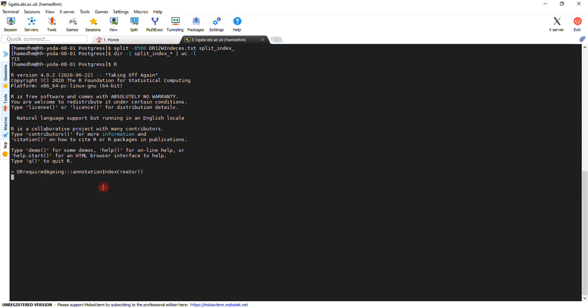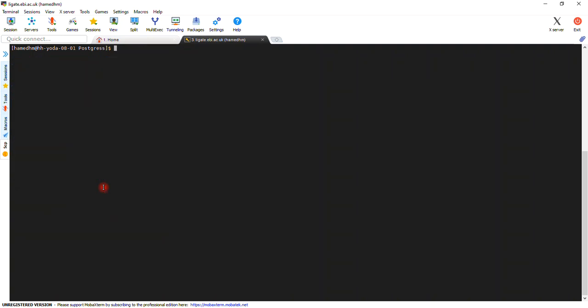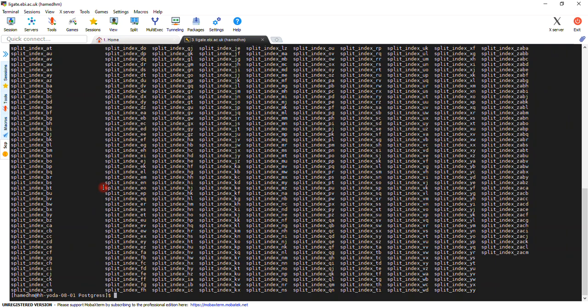So it's like this. So okay, I quit R now. Clear my screen to show you what we have here. As you see, we have a lot of these split underscore index underscore